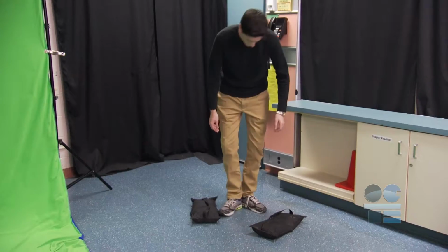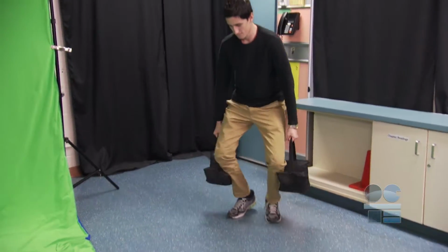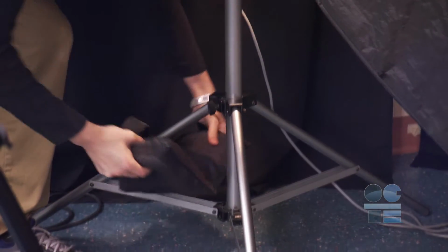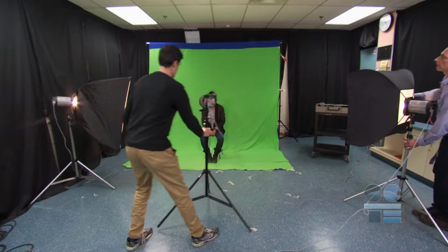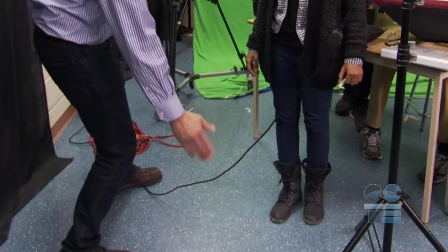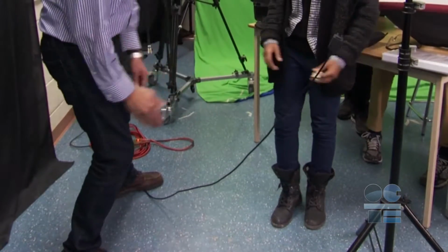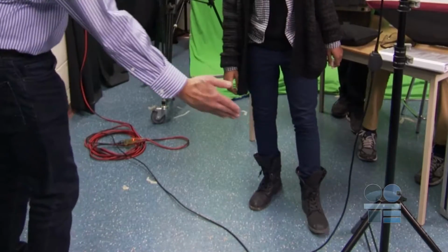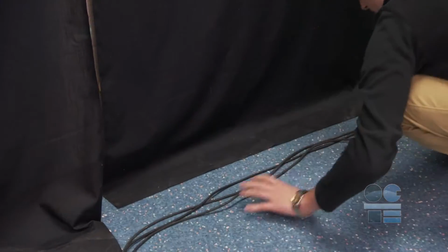teacher. Next, we need to make sure the sandbag weights are placed on the bottom of the stand to help prevent tipping. Make sure the sandbags are secure. Falling light stands are one of the biggest hazards in the studio. Also make sure that your power cord is not hanging out in the air in a C shape, creating a tripping trap. Ensure that they look more like an L shape, and power cables are secure if they are in